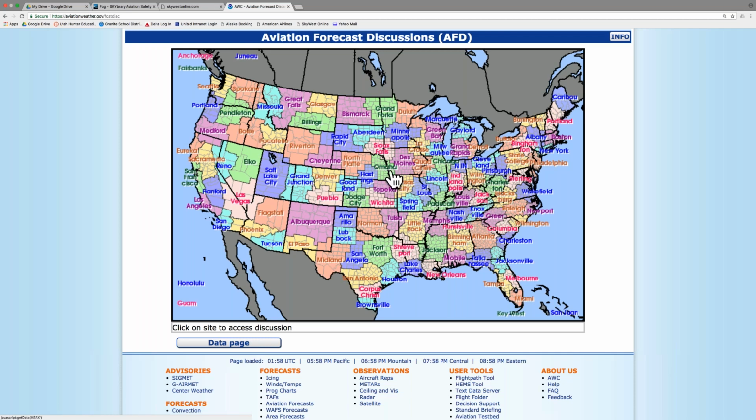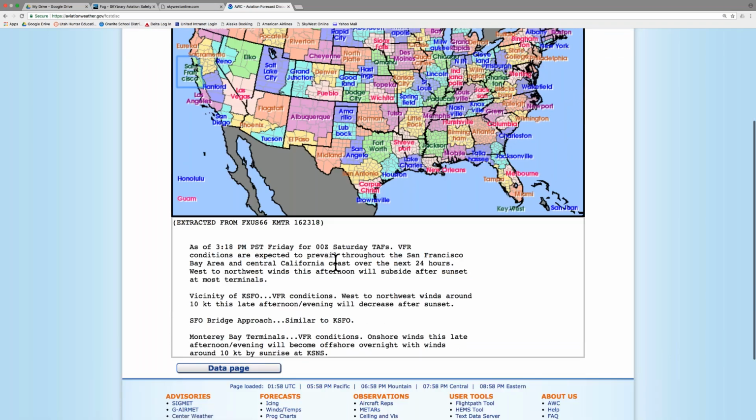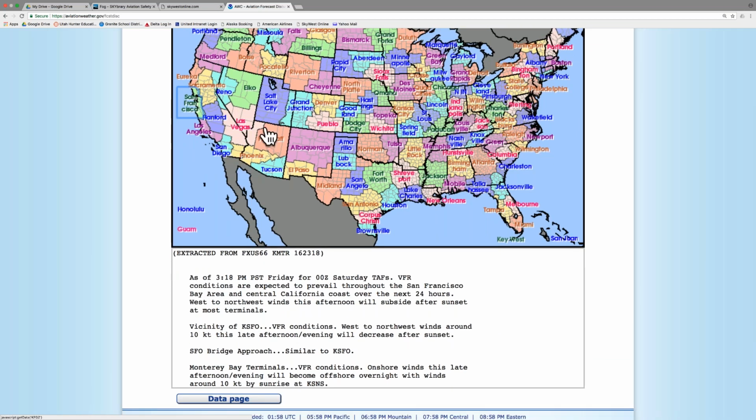So anyways, this is called our aviation forecast discussion. And when we go in here in the morning for San Francisco and stuff like that, we can have a TAF that's saying 6 statute miles of visibility and skies clear. But then you'll come into this aviation forecast discussion and it'll say, yeah, we have little confidence in the forecast. We believe that fog will roll in at this time. And it completely contradicts the TAF, but it's the same service that's generating these reports.